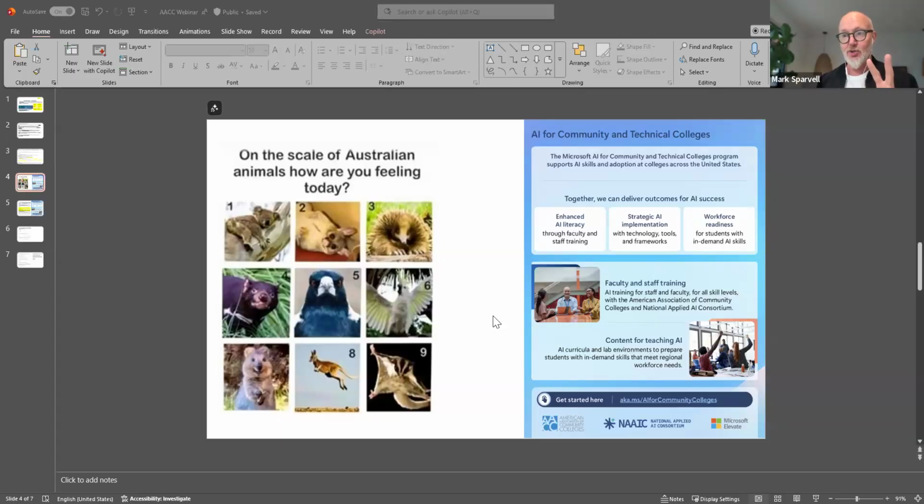And it does that in 2 ways. One is faculty training and instructor training. There's boot camps, webinars, and workshops. And then on the industry-aligned AI curriculum, there's ready-to-use, ready-to-teach content, ready to take and go. There's Microsoft coursework, industry accredited. There's also virtual labs, so you can spin up virtual labs and engage in real-world problem solving across a number of industries. All of that is free, and that's all available right now.